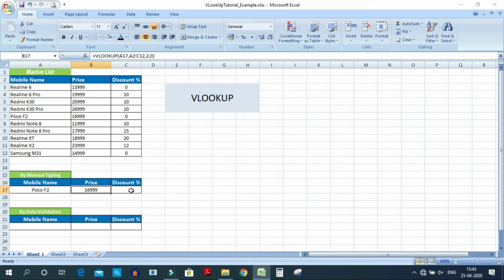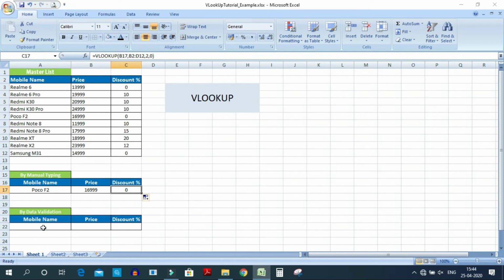Similarly, I can see the discount here. You can do one thing, you can just drag this here and the formula will copy itself. So see, the discount is 0 for POCO F2. So I think you guys have understood the manual typing.